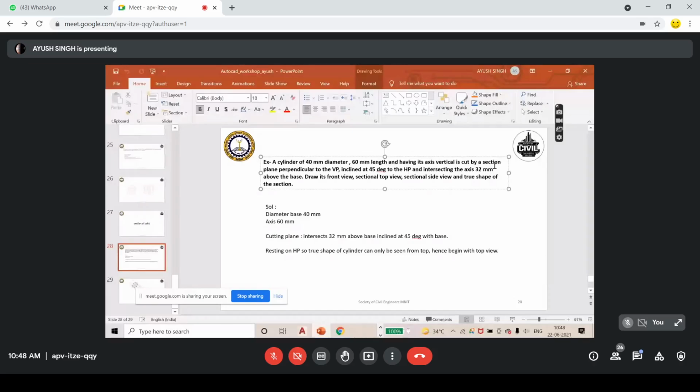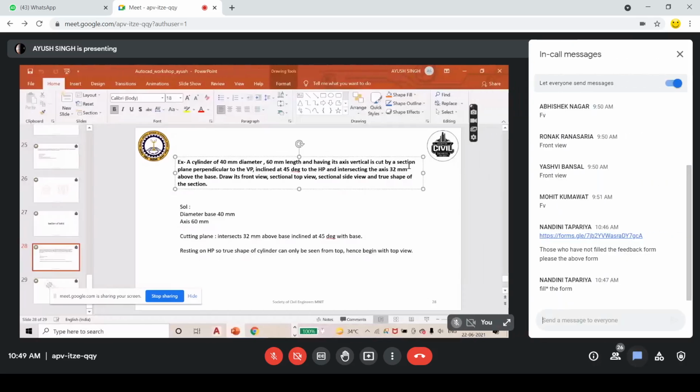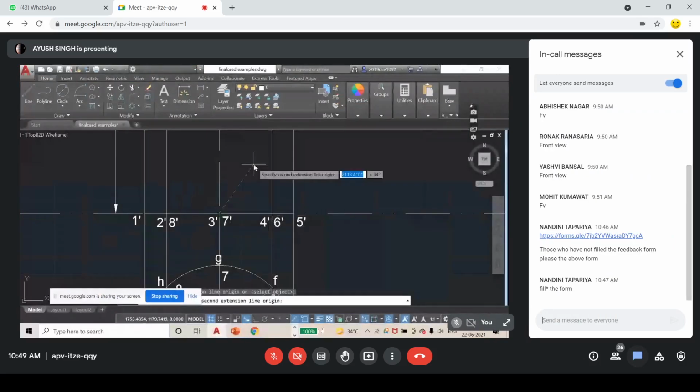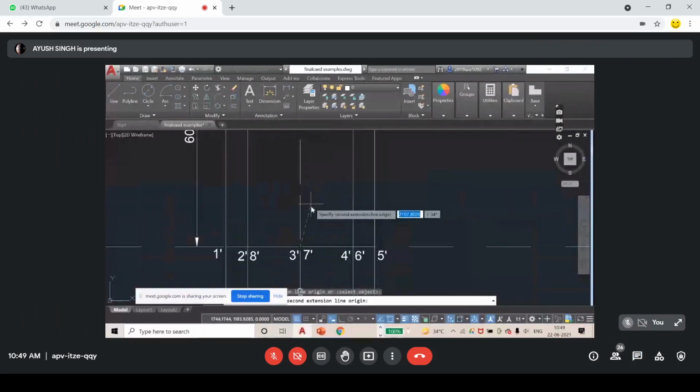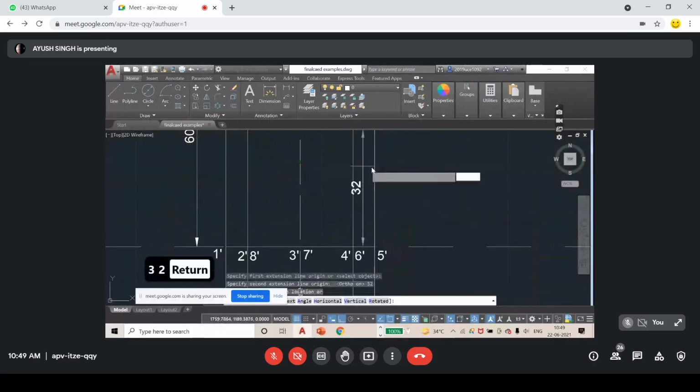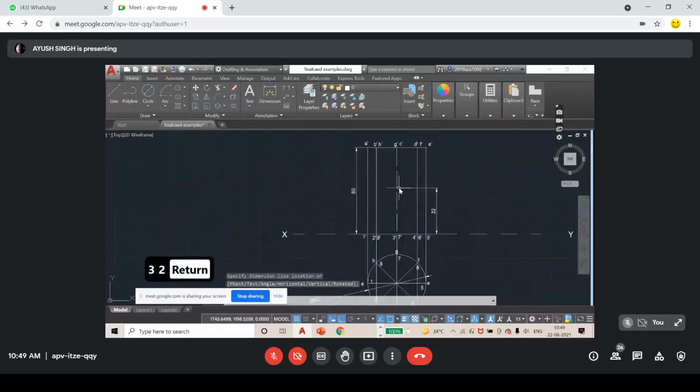So this is my section plane. I mark this linear dimension here, 32 mm. You can create a line also, but I don't want to duplicate. This is my point of intersection of the section plane with the axis of my cylinder.